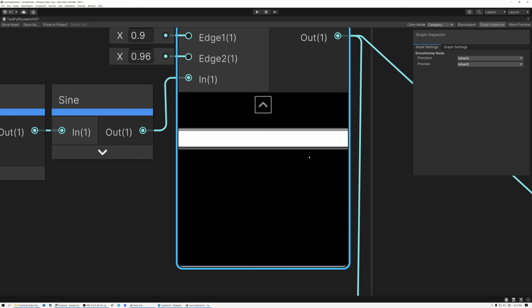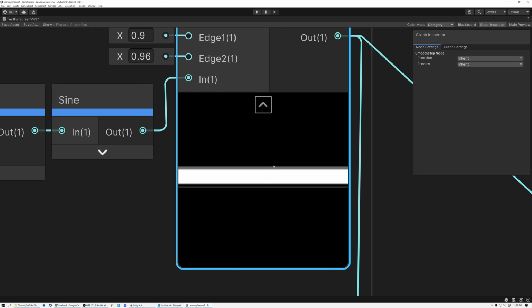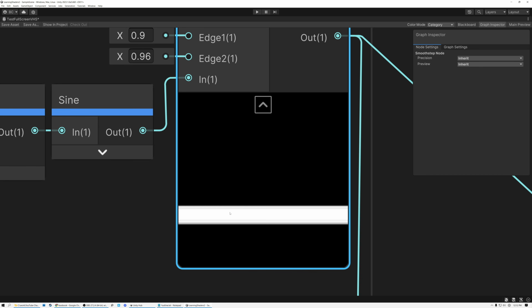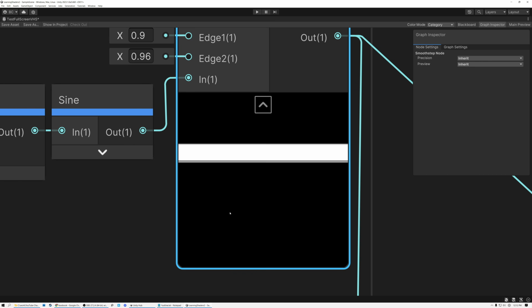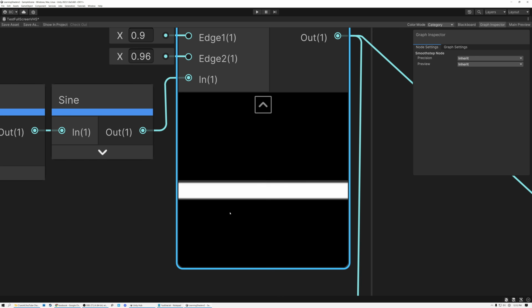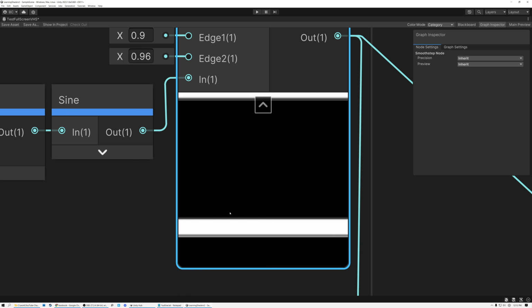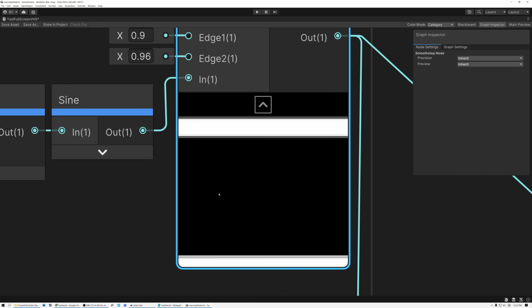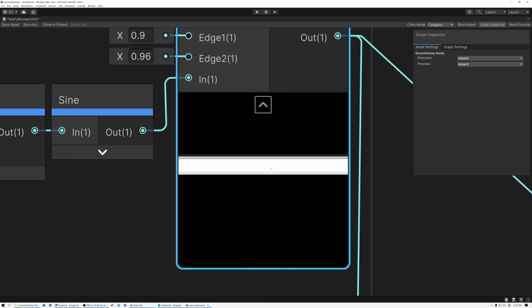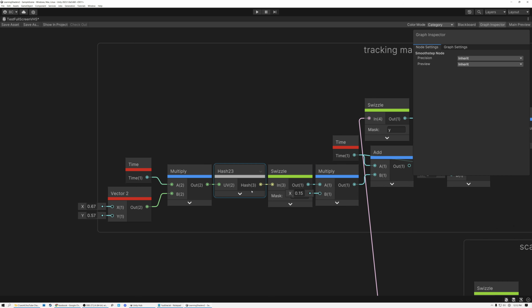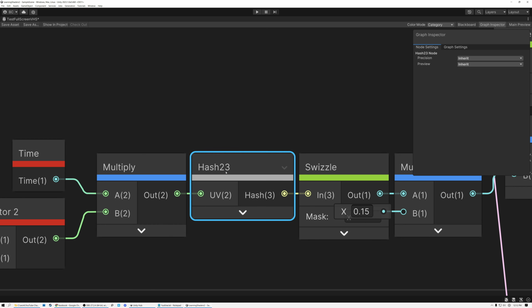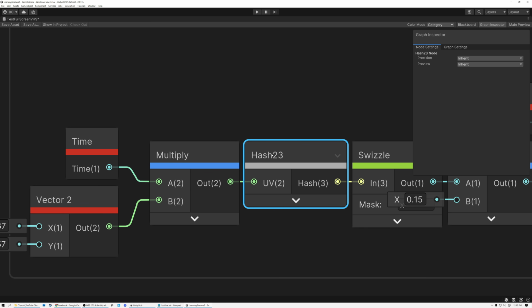Now, there are two problems that I want to fix with this bar. Number one is its movement is a little bit too smooth and regular. And number two, it's a little bit too perfect of a bar shape, and I want to break it up with some scan lines. So first, let's make the movement of this bar a little bit more jittery. In order to do that, I'm going to come over here and use my hash again. But instead of passing in UV coordinates to my hash, I'm going to pass in time, which will give us